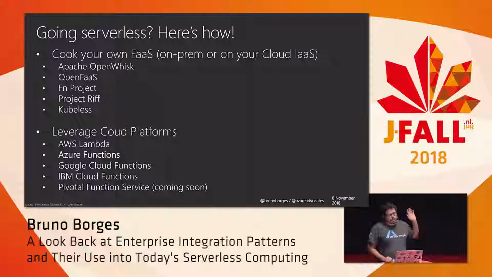So a couple options that you can find on the internet are Apache OpenWhisk, which is maintained primarily by IBM, OpenFaaS by VMware, Fn Project by Oracle, Project Riff by Pivotal, Kubeless, which I don't recall who is the main maintainer, but the latest one that was announced recently is Knative, which is this sort of serverless platform on top of Kubernetes. It's like Kubeless as well.